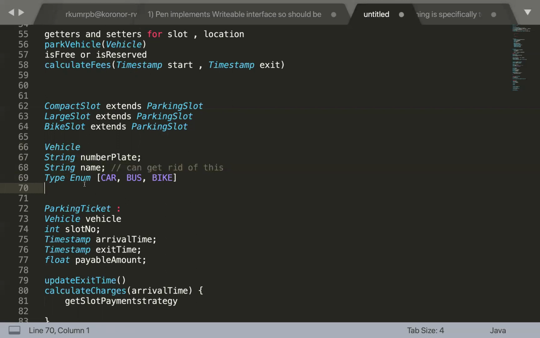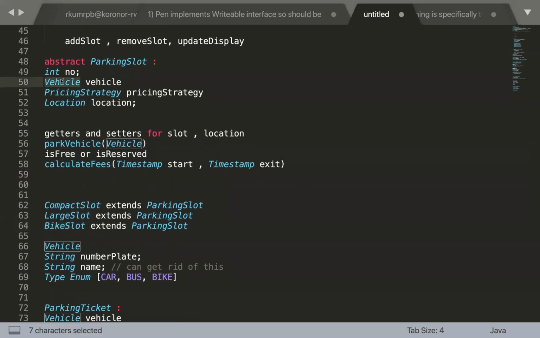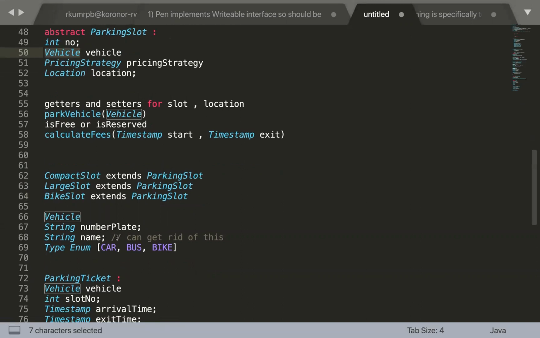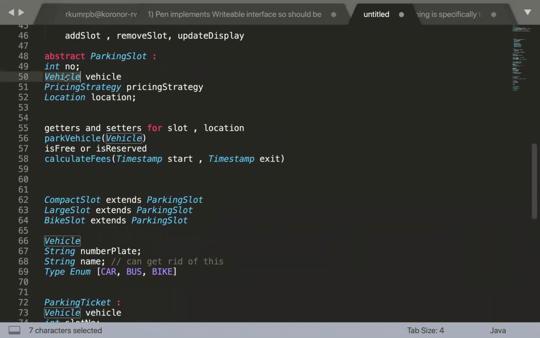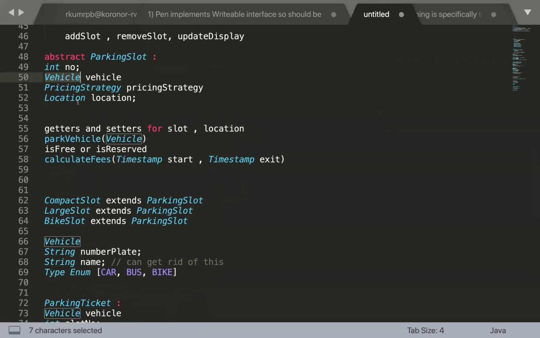Yeah. It is used now. Suppose if there is any parking slot which is only compatible for bike. So I think there we will need this vehicle. So at that time, probably you have these implementations like the compact slot, large slot, bike slot, right? And then we had this method vehicle here. So if you are getting rid of this vehicle entity altogether, probably we can just keep a type kind of a thing. We don't need this entity with all those attributes. We can just keep the type of the vehicle.